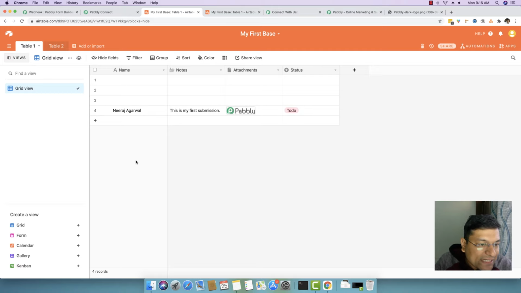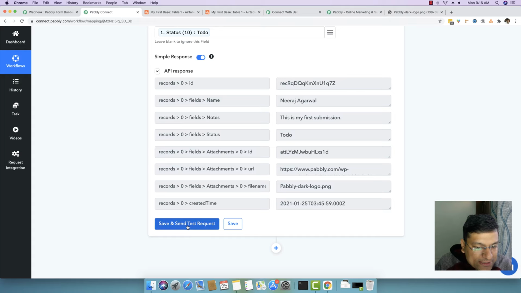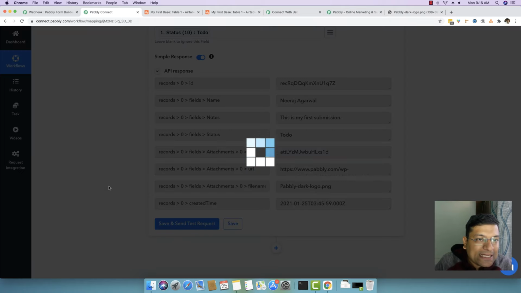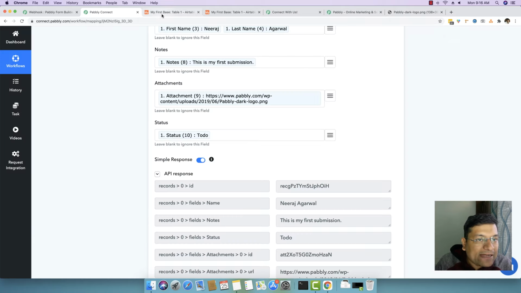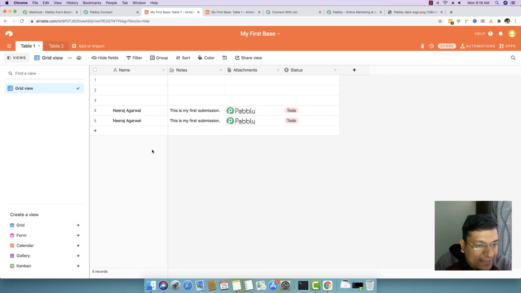Now this is one thing that I have seen with Airtable. It does not add the very first value on the first 3 rows. Instead, it adds the very first value on row number 4, which happens to be the last row in your table. Okay. But if you fire another request, every subsequent row will be added after the last row. So you can see it added another row after the 4th row, which happens to be the